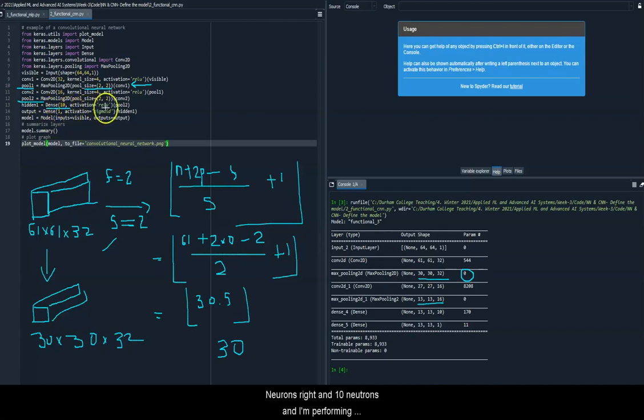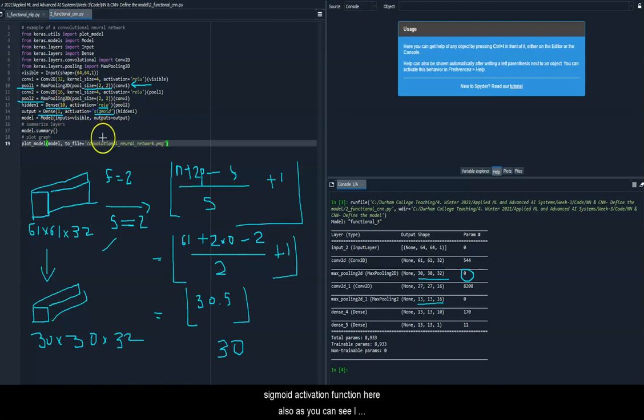I'm performing a ReLU activation, after which it is connected to my output layer. And since it is a binary classification, I just have one node in my output layer, and I am using